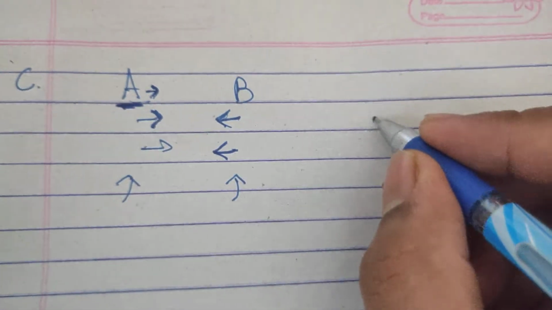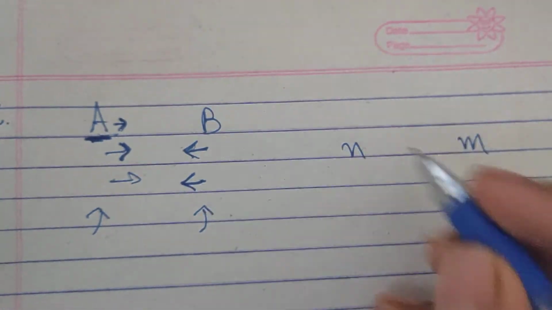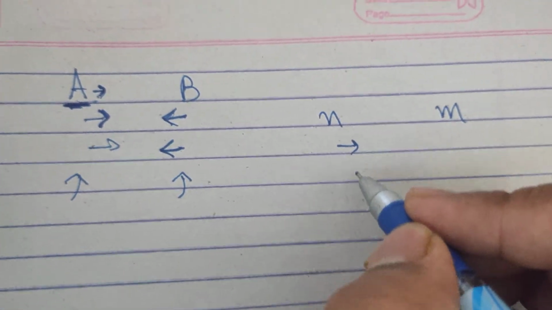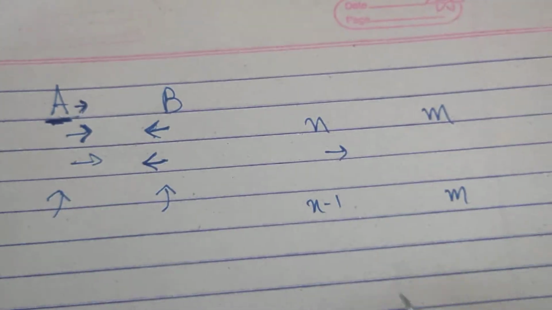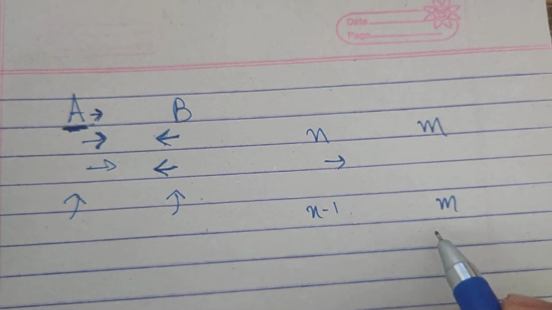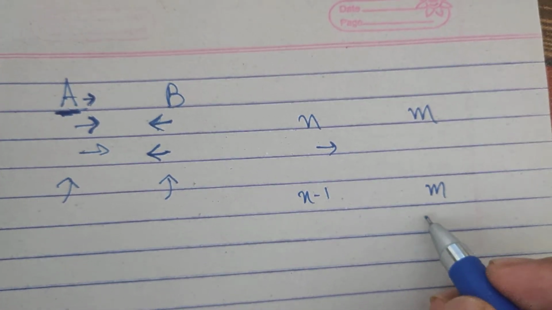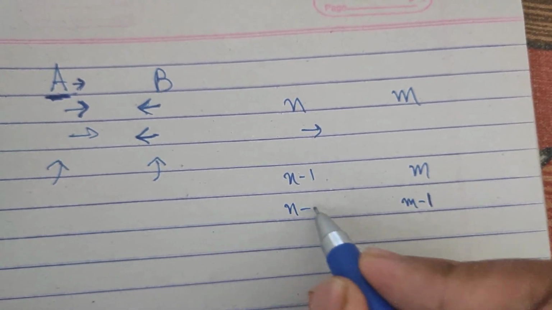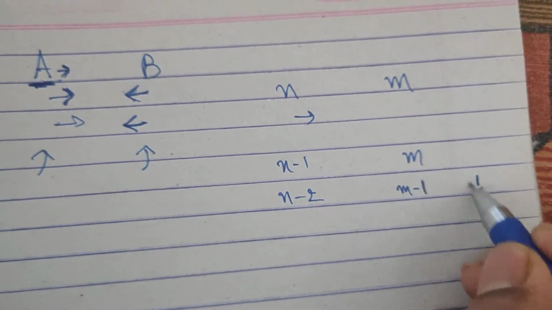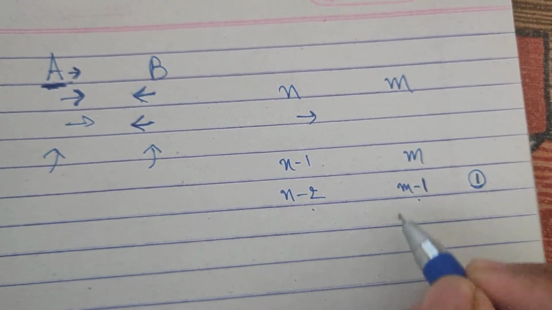So I think it is a very basic question. Suppose Alice has n stamina and Bob has m stamina. Initially she will pass the ball at the starting and she will have n minus 1 stamina and he will have m stamina. So at the first win of Bob, his stamina will become m minus 1 and her stamina will become n minus 2. This is the first win for both 1 and 2.